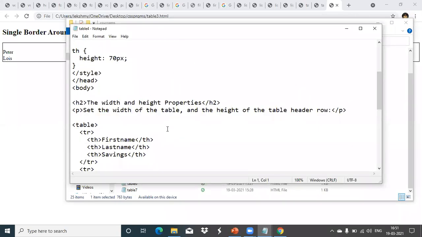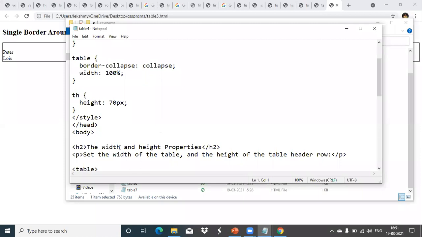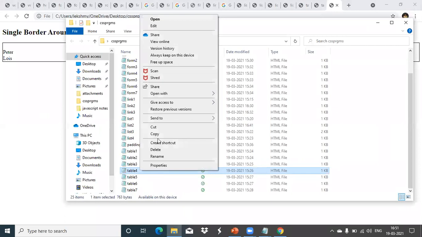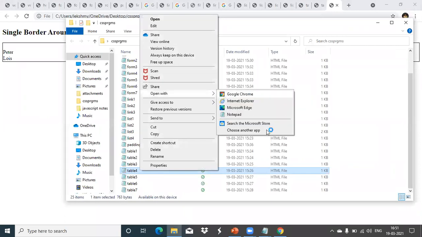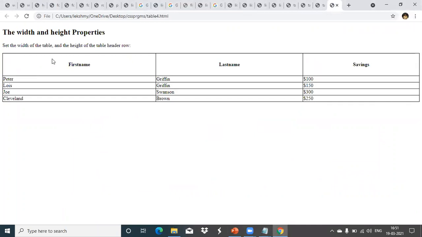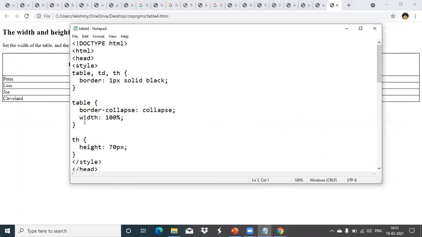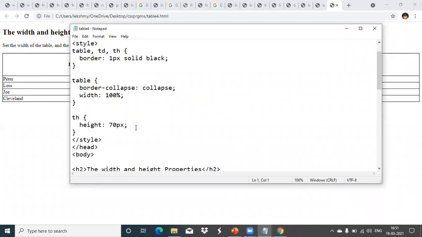Now here we can set the height and width of the table heading. See, you view this output. For the heading, I want this much height and width, and we can specify that. So separately, the style for the heading we have given like this. For the table, that is one property, width we have told is 100%. Only for the table heading, we have told what the height is, not for the table row and all. Okay, clear?